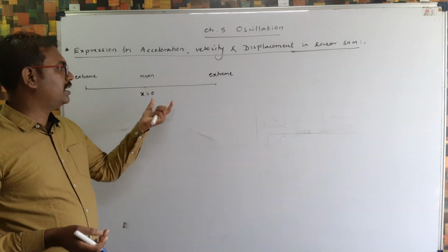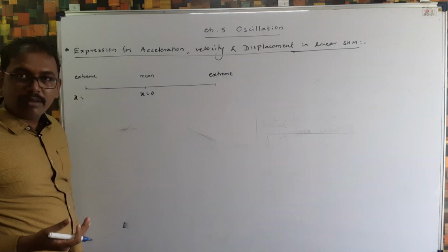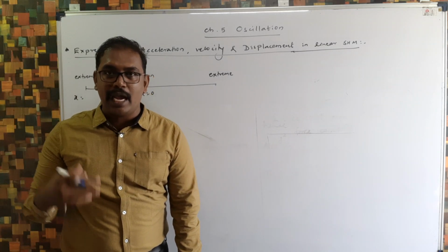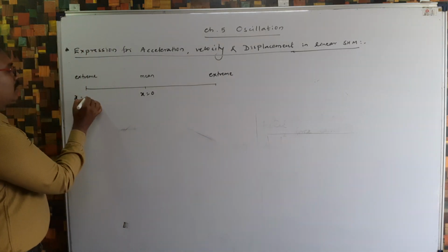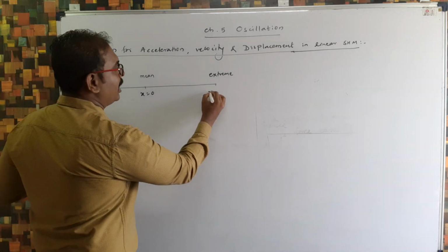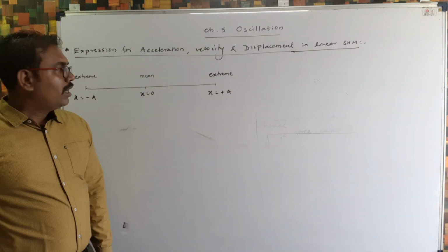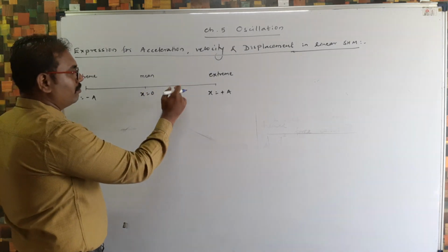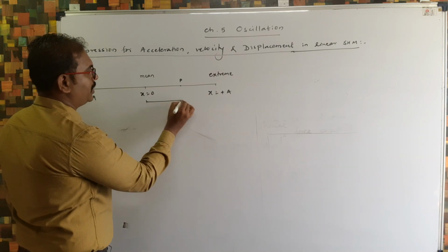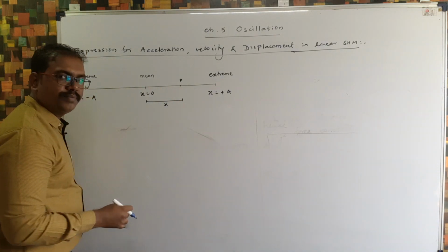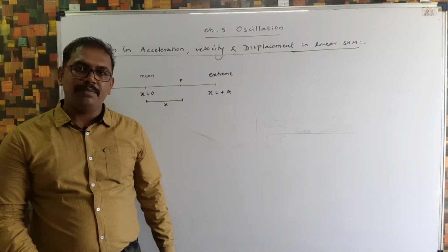So here at mean x is 0. And at extreme displacement is the maximum, and the maximum displacement from mean is the amplitude. So I am considering here amplitude is A. So this is the negative extreme side, so minus A. And here the positive extreme, plus A, is the displacement. Now I consider the object is in between. Here object is at point P, which is at a distance x. And we have to obtain how much is the acceleration at point P.